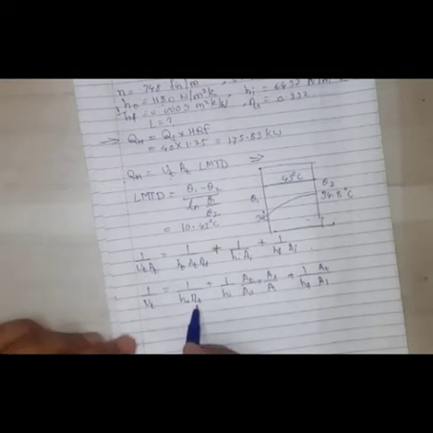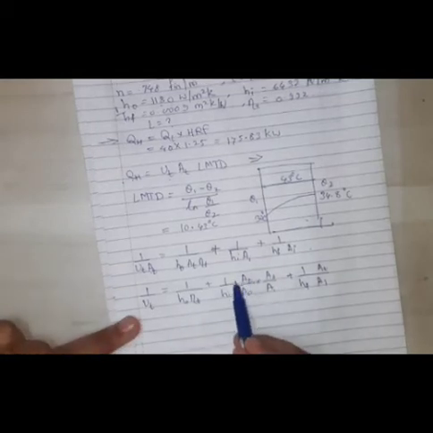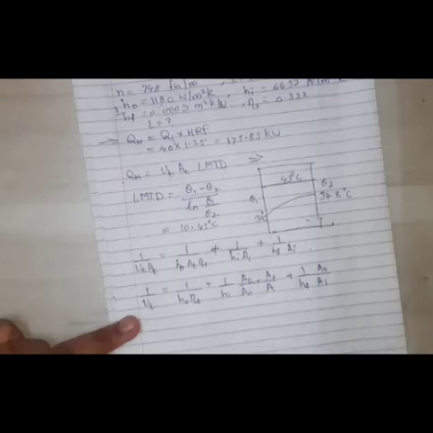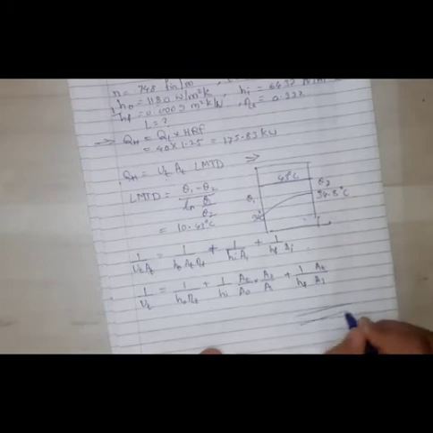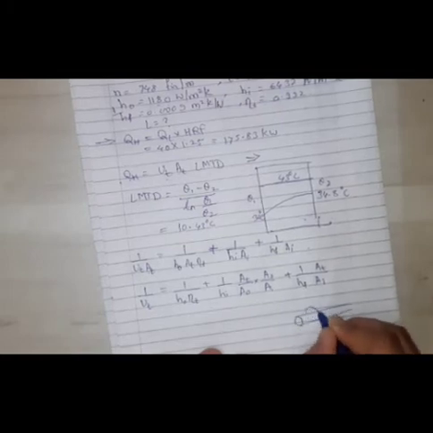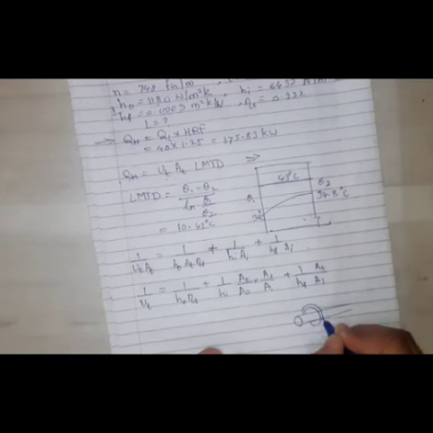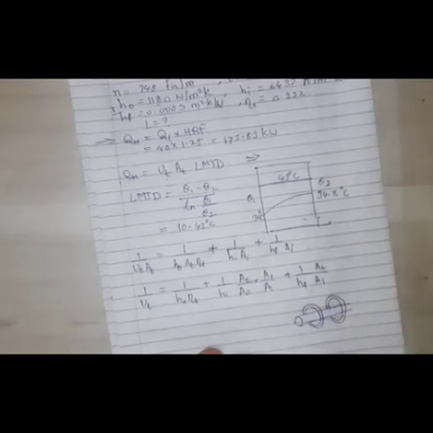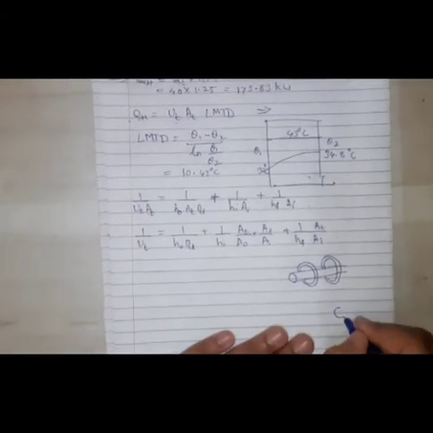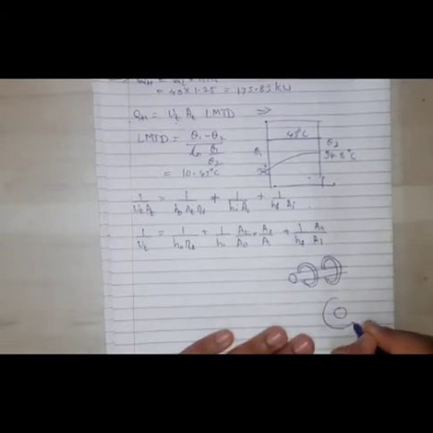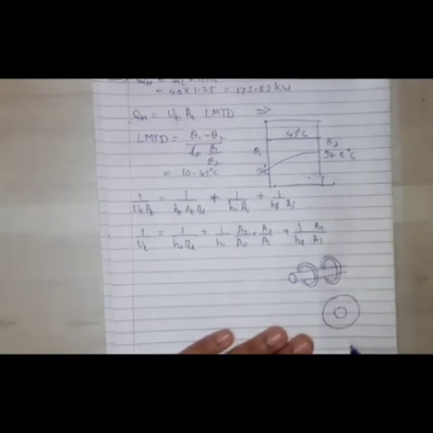So now first we are supposed to find this total area. As we don't know the length, we can find the area per length, per meter. So we can see here in the numerical what is given. Let's say this is the tube, and on the outer surface there are the fins. So these are the fins. I'm showing only 2 fins over here. And if we take the front view of this, it will look like this, this is the inner. So the fin will look like this.